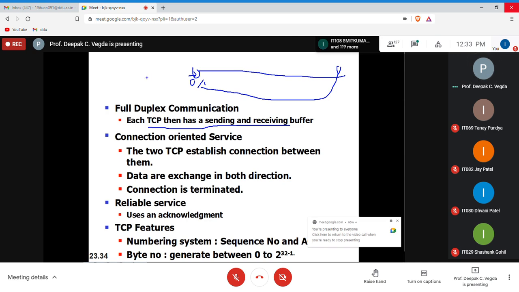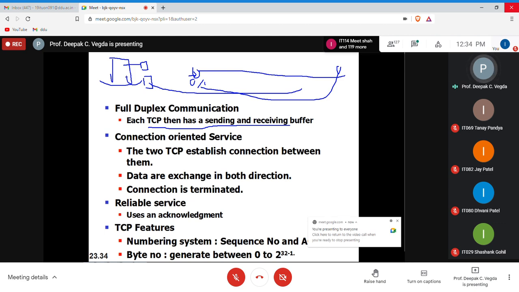So suppose I have a machine here. If I'm using TCP, I will be maintaining a send buffer and a receive buffer. When I would like to transmit, I will put the data here. When I want to receive from the link, it will be here, and I will process it and receive it. So you can compare this with your in queue and out queue. For every TCP, there will be a sending as well as a receiving buffer.